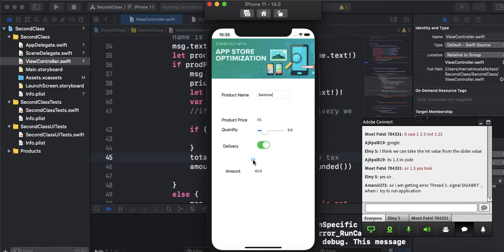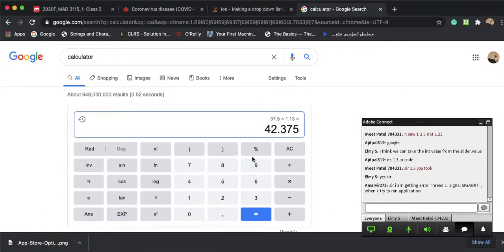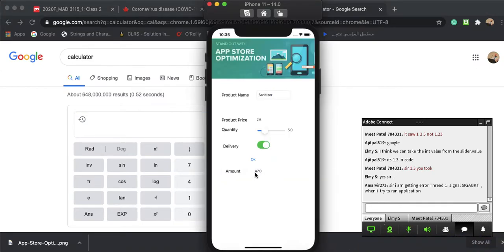If with delivery, it's 47. 7.5 times 5 equals, times 1.1 equals, times 1.13 equals 46.6, which means 47 after rounding, which is correct. Okay, guys, let me stop the